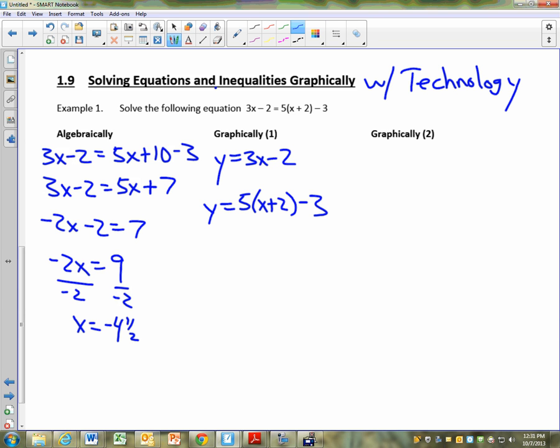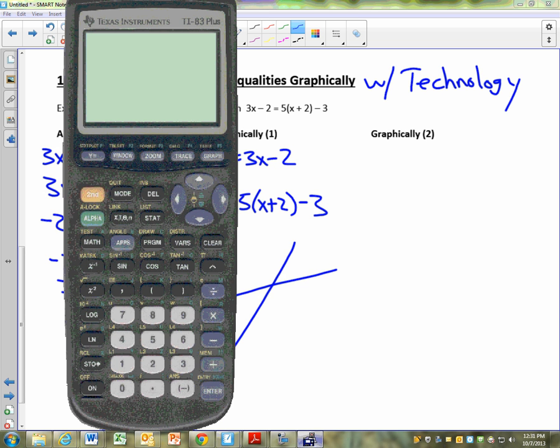Graphically speaking, if I'm looking to solve the x value, what would I be looking for graphically? If this is one equation and this is the other equation, what spot am I looking for? The intersection point. So if we grab our calculators,